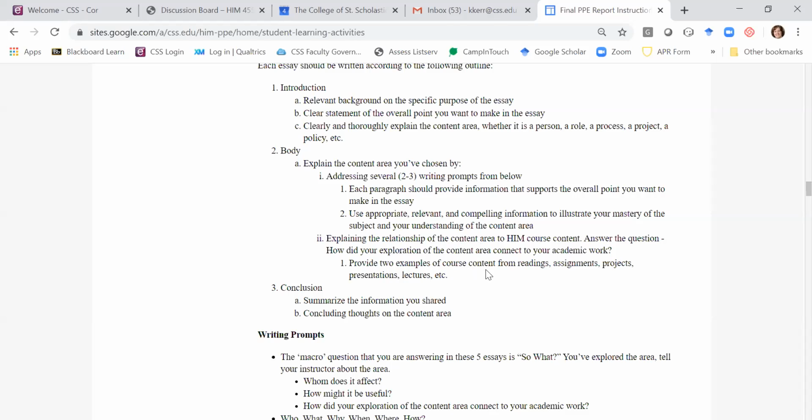Then this is probably the area that I saw most students miss in terms of the reports I just graded. So I want you to explain the relationship of the content area to HIM course content. You should answer the question, how did your exploration of the content area connect to your academic work? I want you to provide 2 examples of course content from readings, assignments, projects, presentations, or lectures that you heard